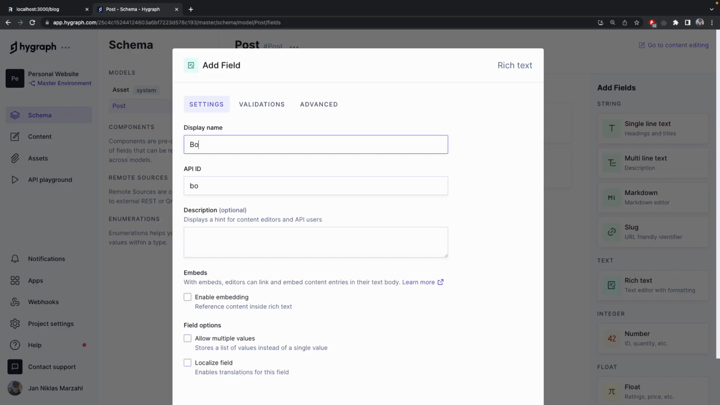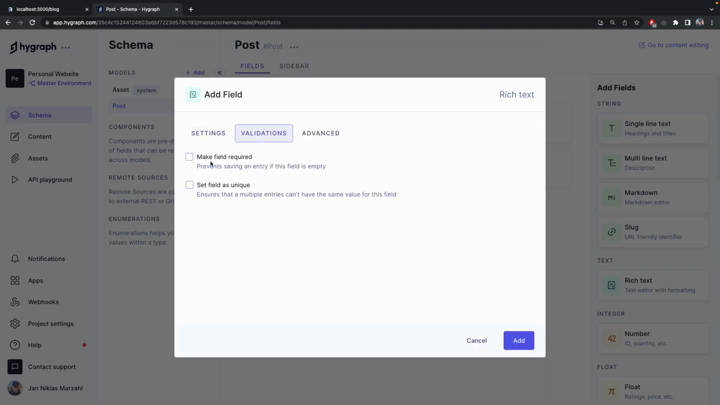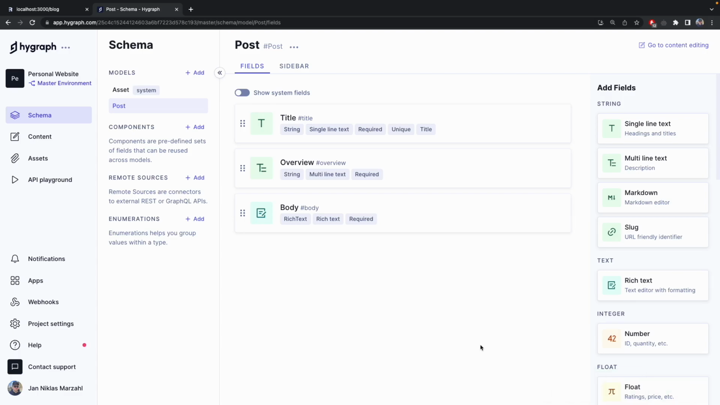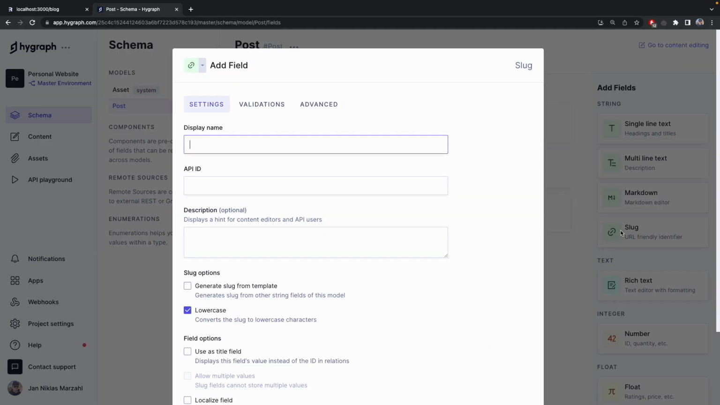I will name it body. I won't enable embeddings, but you can do that of course. For validations I will make it required, but I won't set it as unique. Now let's click Add. Now the last field I want to use is actually the slug, and the slug is